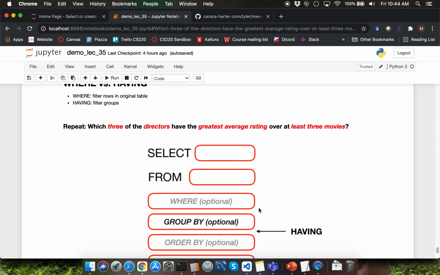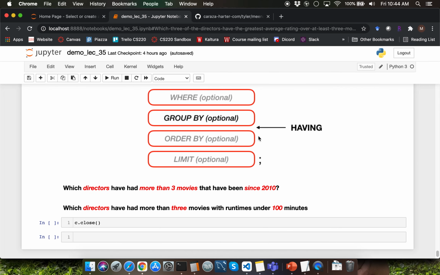Whenever you have a question which requires you to apply two different conditions, think about which of those conditions can be applied to the original database table's column and which condition can be applied to the aggregate column. The aggregate column condition is going to go as part of the having clause and the original column condition is going to go as part of the where clause over here.